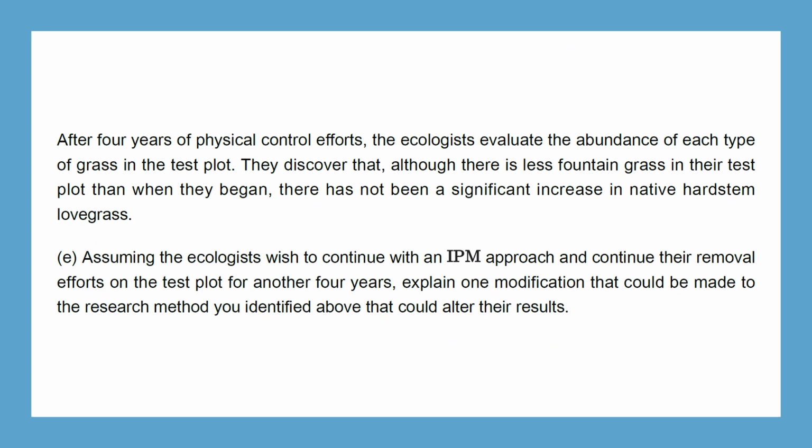After 4 years of physical control efforts, the ecologists evaluate the abundance of each type of grass in the test plot. They discover that although there is less fountain grass in their test plot than when they began, there has not been a significant increase in native hardstem lovegrass. Assuming the ecologists wish to continue the IPM approach and continue their removal efforts on the test plot for another 4 years, explain one modification that could be made to the research method you identified above that could alter their results. So